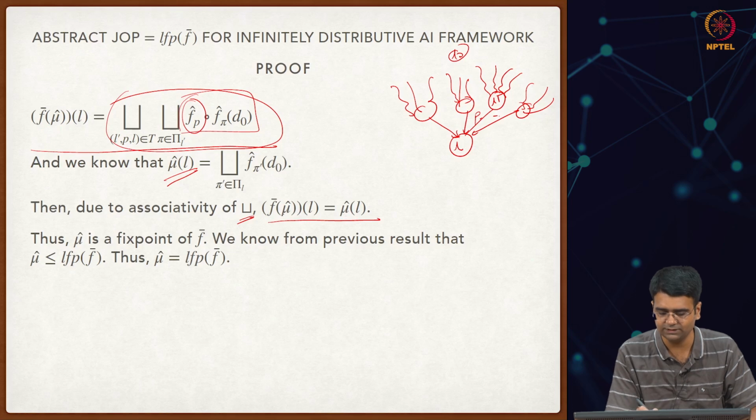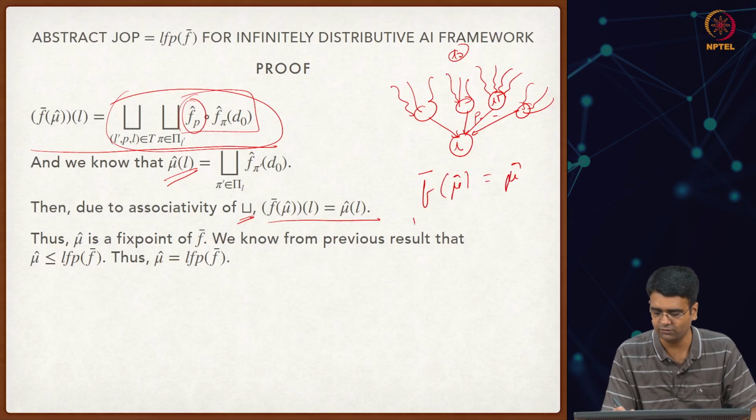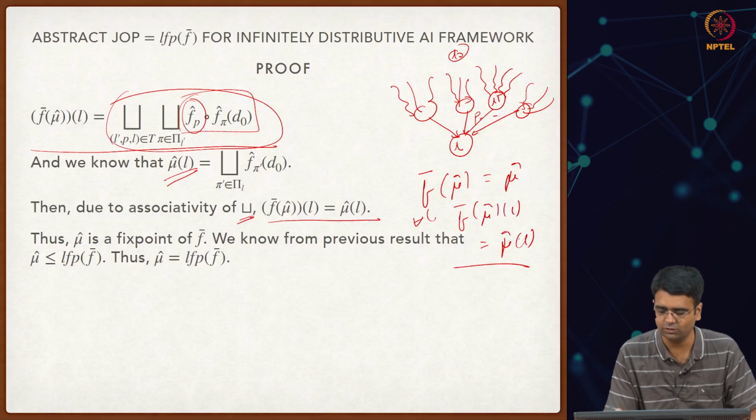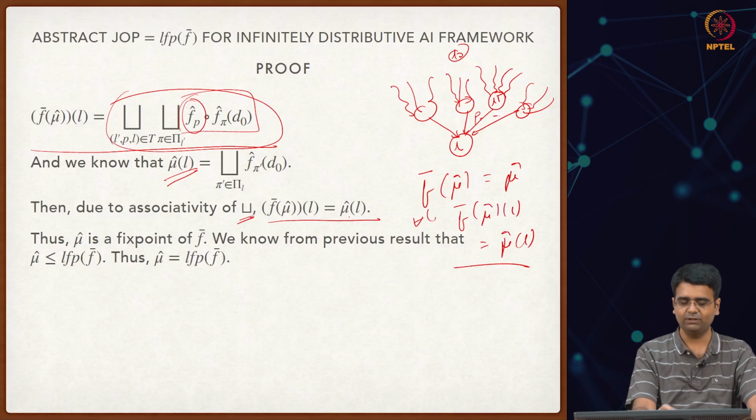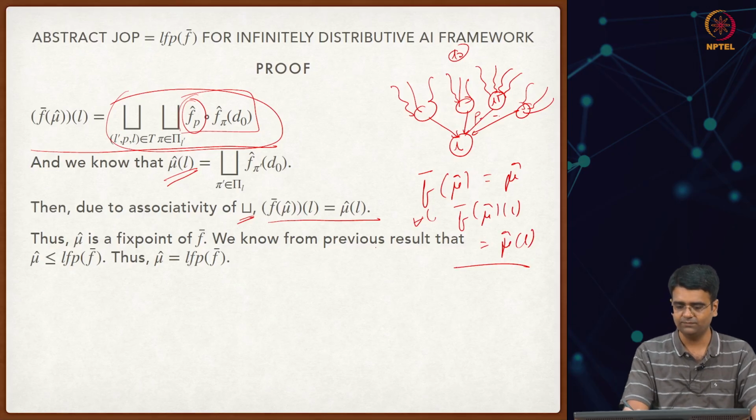So in order to show that this mu hat is a fixed point of the function f bar, you have to show that f bar of mu hat is the same as mu hat, which means for all locations L, you have to show that f bar of mu hat at the location L is the same as mu hat at the location L, and this is exactly what we have shown. So this means that mu hat is a fixed point of f bar, and so we already know that